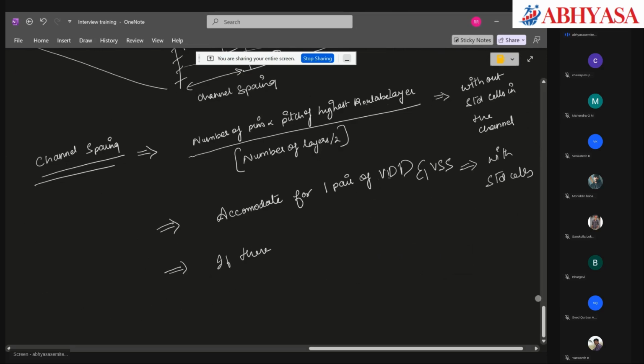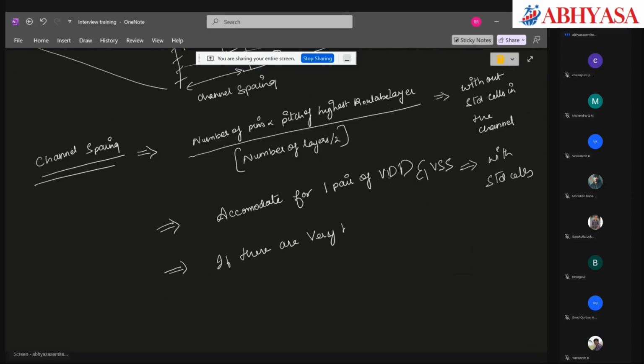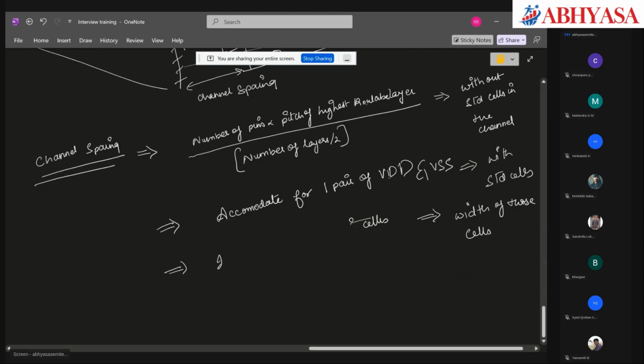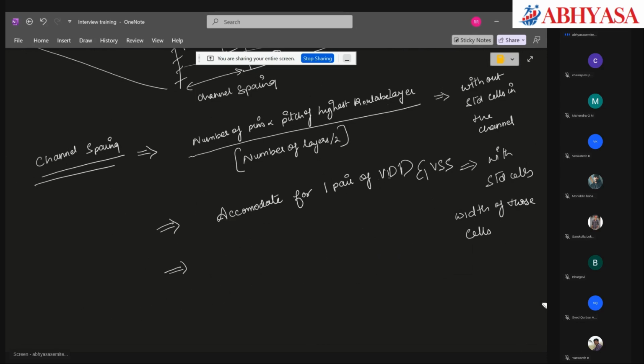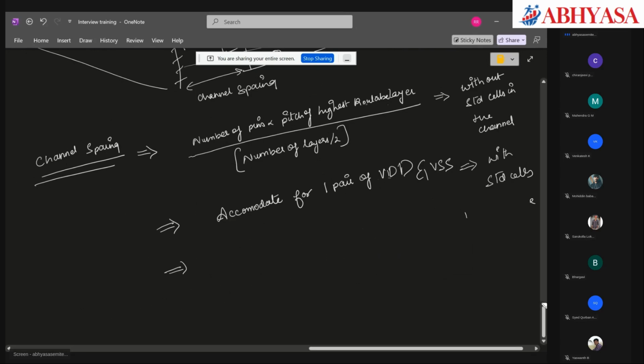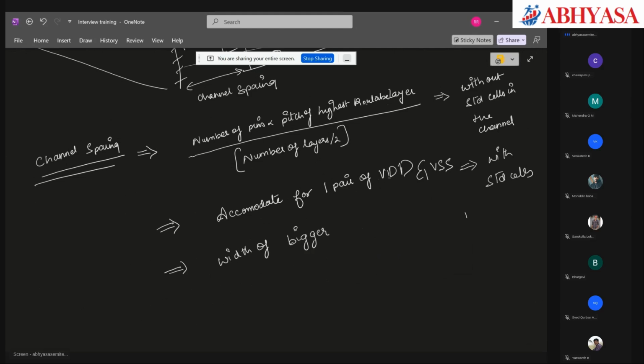If there are very big cells, then width of those cells, sorry, width of bigger cells for very big buffers,